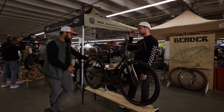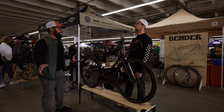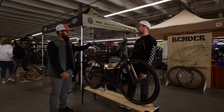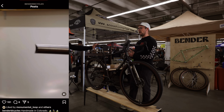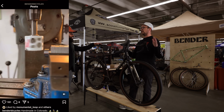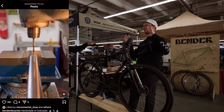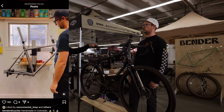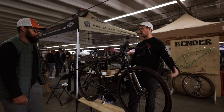When you start building the bike, what goes into the actual building process? Do you have your own machines and all that kind of stuff? Exactly. So how do you even start with building a frame? Yeah, so like I said, it starts with a conversation. If you were ordering a bike, we would talk about what you're looking for in a bike, how you want to ride, and then from there, measuring your body and then designing the bike on the computer. So I use programs on the computer to design the bike, and then it's ordering material, so I order raw tubing, and then you use a lot of different fixtures to hold the bike in place. We cut all the tubes on old milling machines, and then fitting the bike together, and then it's just welding it up, gets painted, put the parts on it, and so